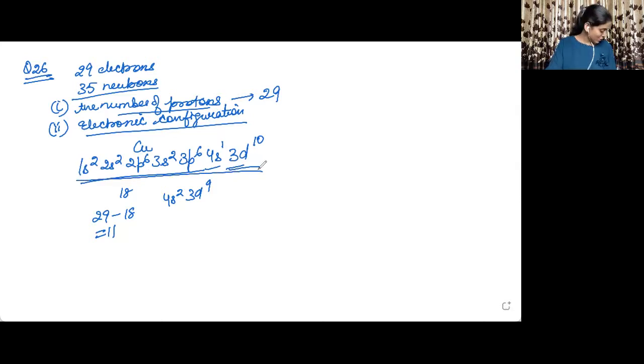All right, so let us now move into question number 27. So let me just clear my screen first. Okay, so question number 27 is, give the number of electrons in the species we have been given. Okay, so it is 27th question. I got confused with the numbering. All right, so question number 27 is, we have been given 3 species.